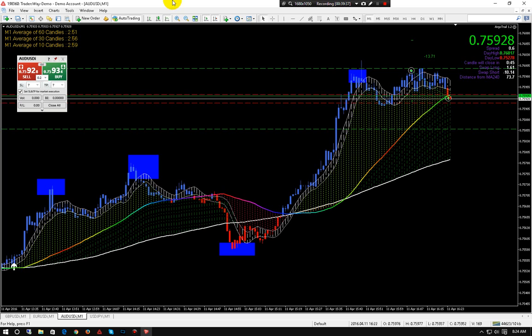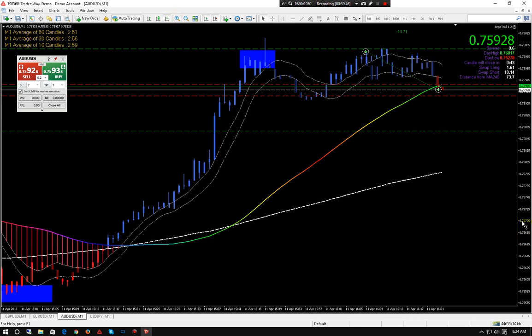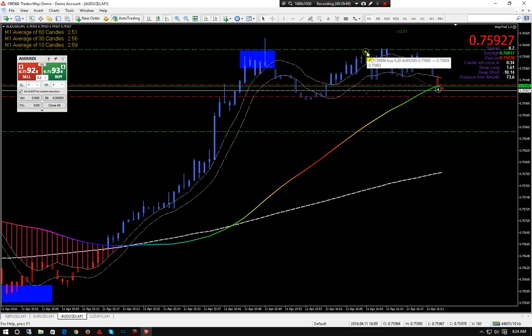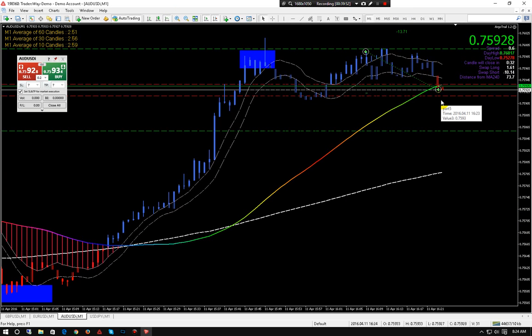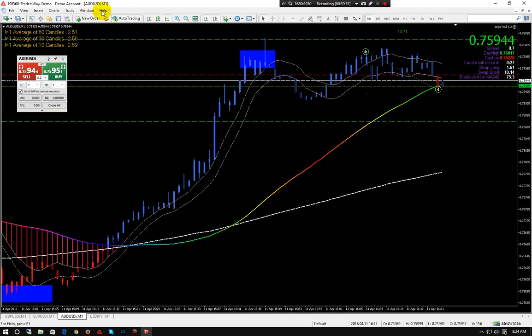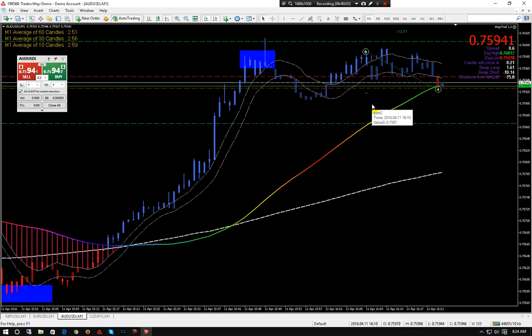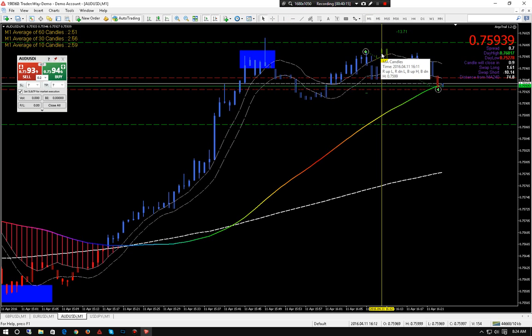So let's do what I would do after every loss. I would zoom in first. Okay, so the first thing that I had mentioned, we are already close to the U.S. Open. Typically, I don't trade until about 9. Other than that, it was not too bad of a trade. But what we need to do now is, this is AUD USD. So did we follow all our rules on entry? No, we didn't. What rule didn't I follow? This would have been my actual entry candle, because this is the one that broke above everything that I asked for. I got in it early. So can I say I screwed up? Yes.